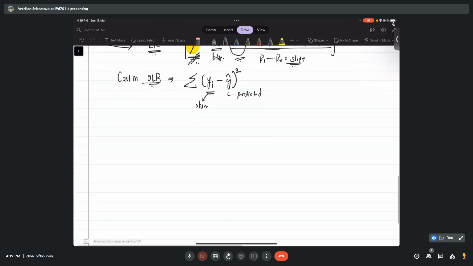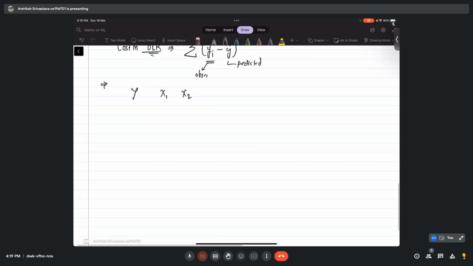So let's look at this through a simple example, no need to use any calculators. So let's say we have y, a predicted dependent variable, and x1 and x2 are independent variables, and we have some data points. Let's say we have 2, 4, 9, 11, 3, 7, 1, and 0.95, 1.99, and 4.51, 5.48, and then some values.